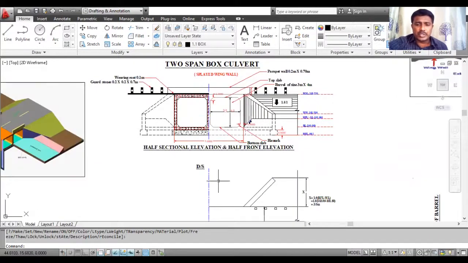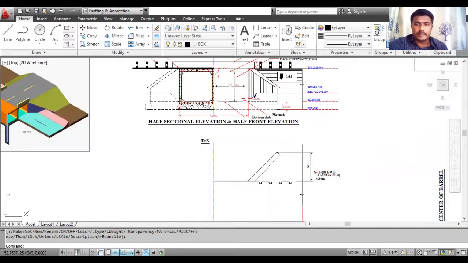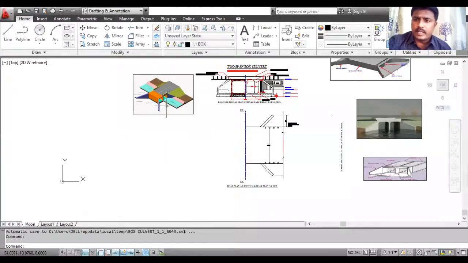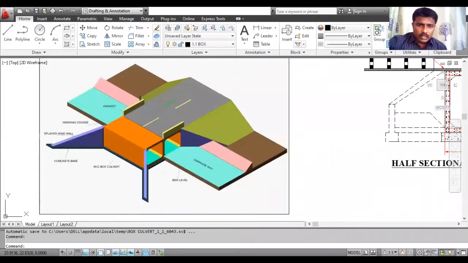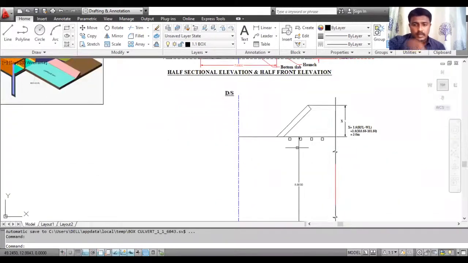So next you have to draw a plan at top. So next is half plan at top. Half plan at top means the parapet wall top surface is visible. Then next to it, the curved top surface is visible. Then the wing wall top surface, here and here. So bed pitching, if it is stone bed pitching, then the bed pitching is visible. So that you have to draw here.